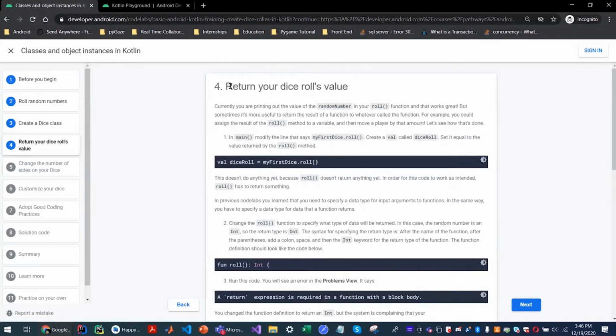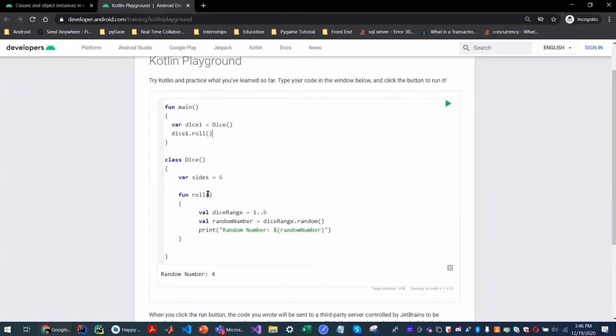This is the syntax for declaring what type of return value your function would have. Now if you do this, it will give you an error because you said you would return something, so we have to return a value. And we'll be returning the random number we generated.